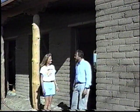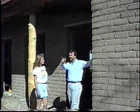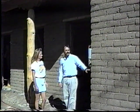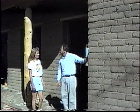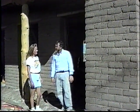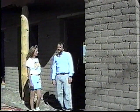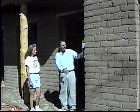Right. Okay, and then the structure is made out of the adobe block that we saw that you're building out here in your adobe yard. And tell us a little bit about the adobe that you've used in your building. Well, this is our largest block. It's a 12 by 4 by 16, making the walls a full 16 inches thick. Oh, okay. So the thicker the wall,